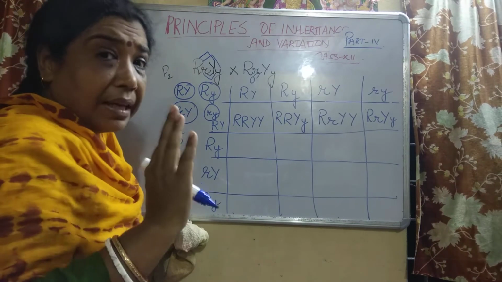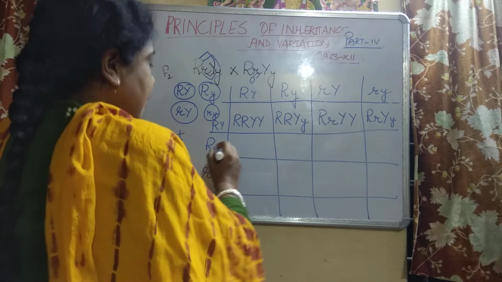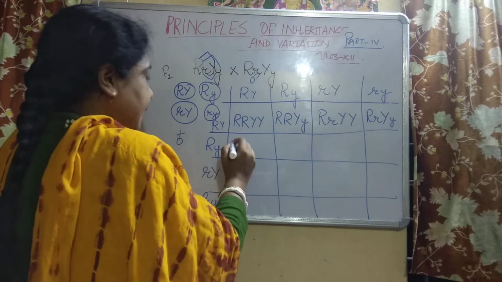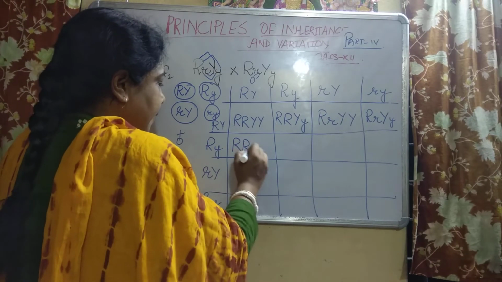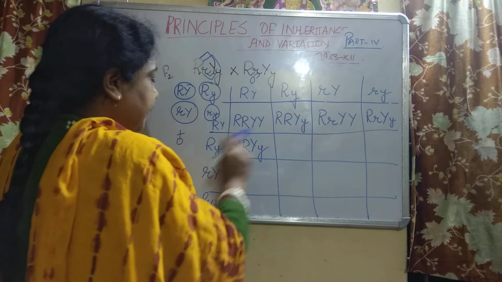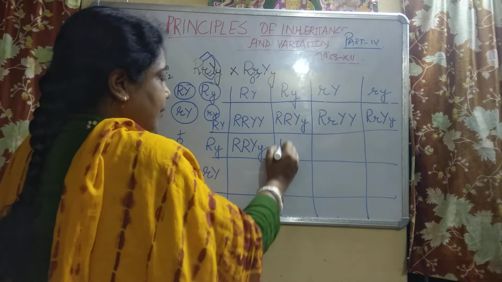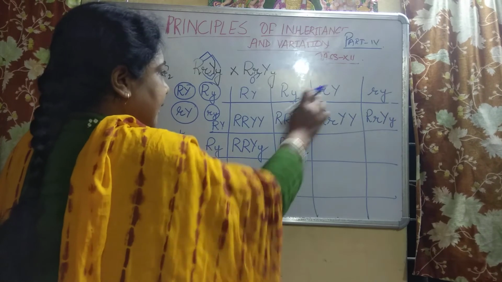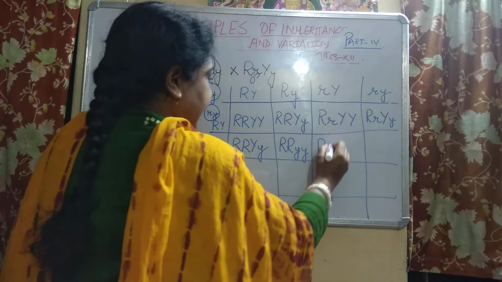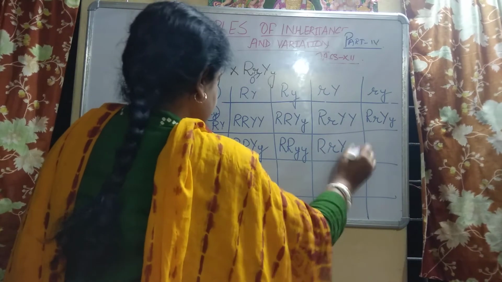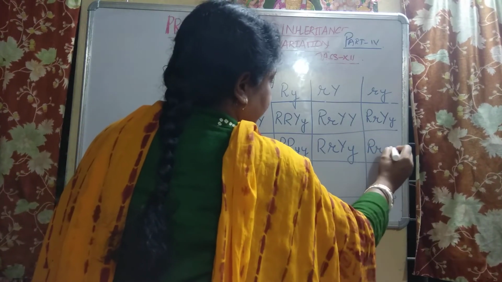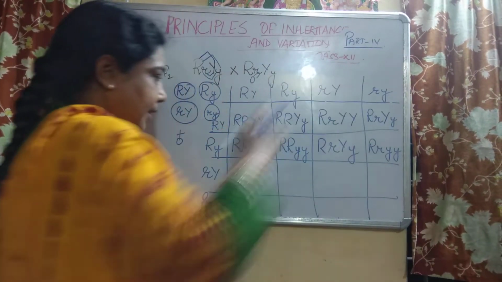It's just fun for you all doing it. Now you, this one with this one. Okay, the same method we will be following, but here you will get a different combination. This one with this one. So you are getting this. Again, you have to arrange and write. And here you are getting this one. So we have finished this part also.